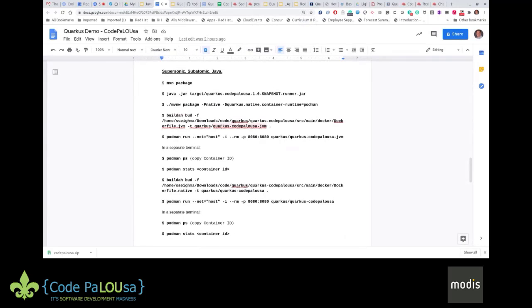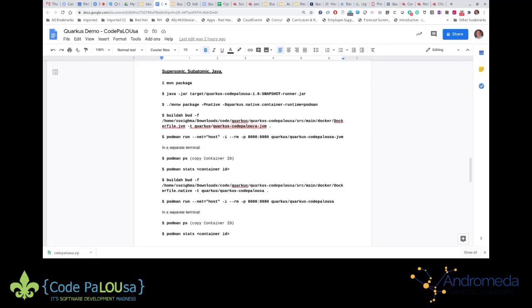But I was going to run through building a native container. Native build. I was using Buildah. You can use Docker. I was just using Buildah as the build tool instead of Docker. You can just plug it right in.